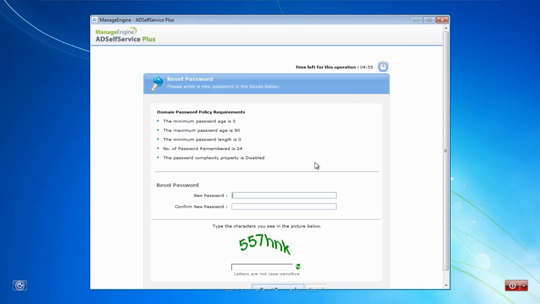Now, you will see here that this environment now gives the end user more information than anything that Microsoft can provide and ever has provided. I mean, Active Directory has been around for 16 years, and Microsoft still doesn't allow the end user to see what their password requirements are. So we actually expose that to the user so they're not guessing what kind of a password. Now, remember that this was a password reset, so they're not having to put in their old password. That would be a password change.